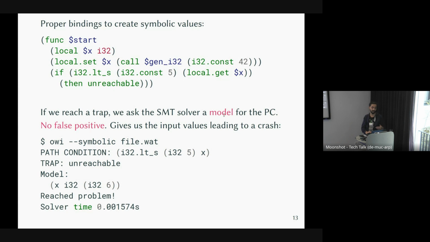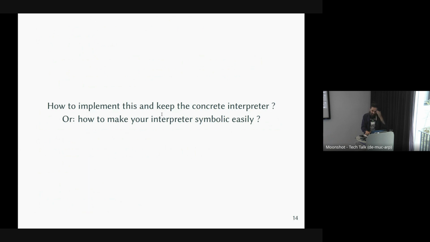So for this, we ask the SMT solver for a model at the end when we reach a trap. The good thing about this approach is that it has no false positive. So usually people in the industry prefer this kind of tool. So the question was, okay, how can we implement this and also keep the concrete interpreter, because we don't